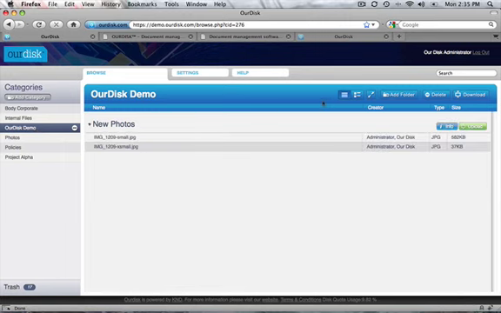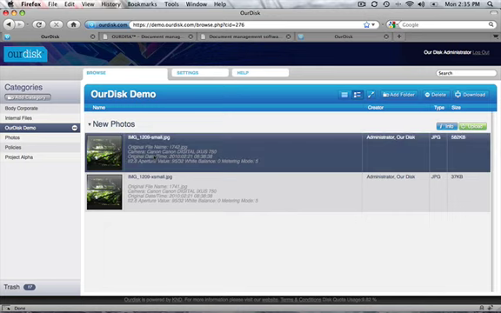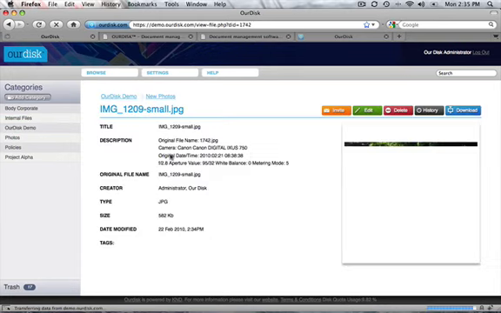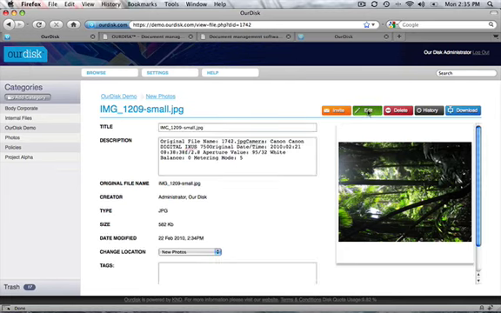Again, I'll just navigate in and you can see now that it's been uploaded, it also drags the detail, the metadata, out of a JPEG if it's been captured from a digital camera, for example. So it puts that into the description of the actual file. I can quickly view that with a double click on that area and go through to the view file area with all the detail about this particular file. If I have edit rights or I'm an administrator, I can change the names quite easily,